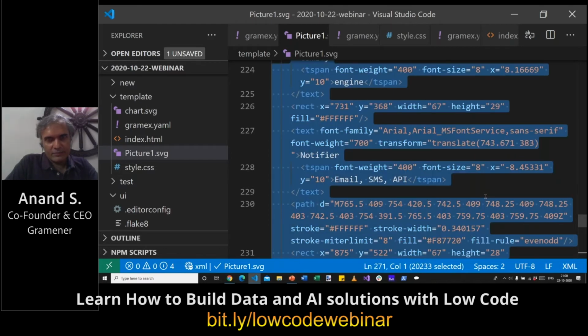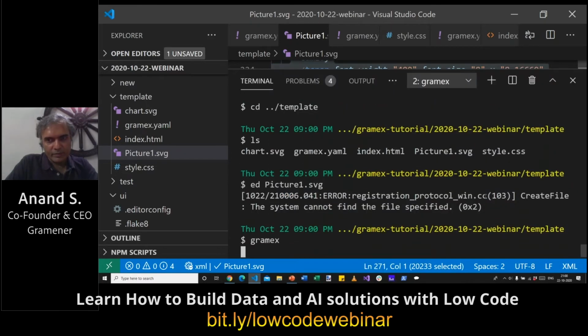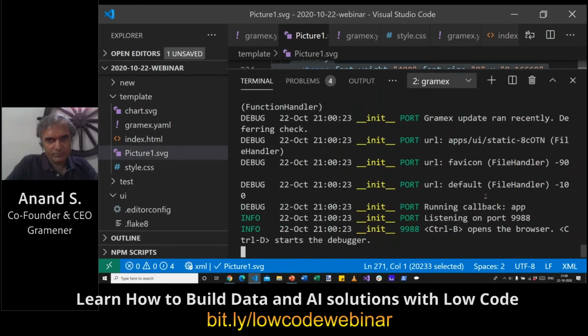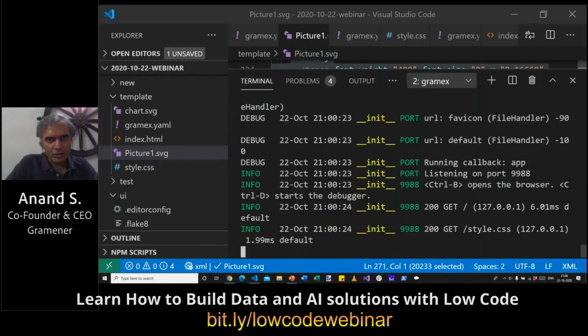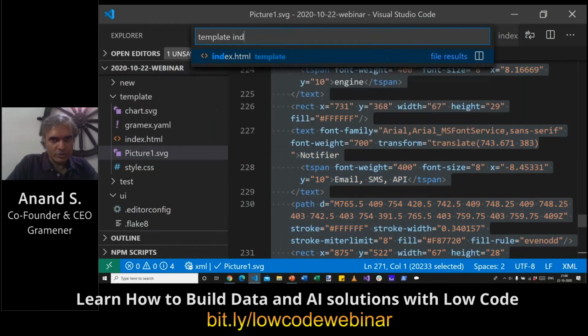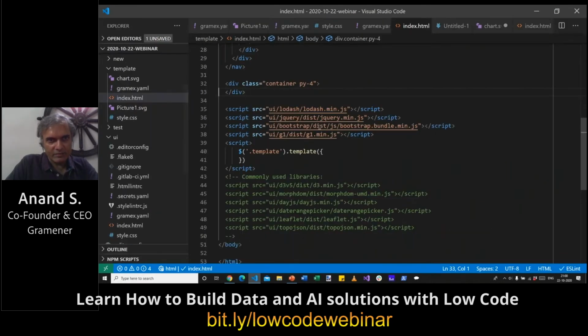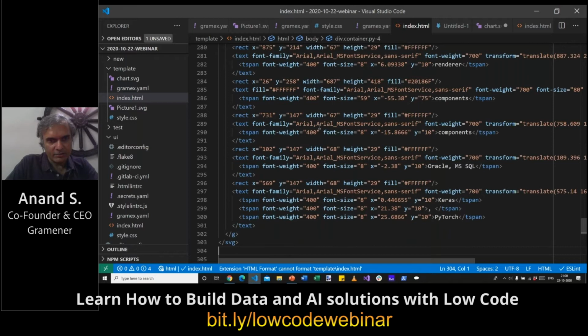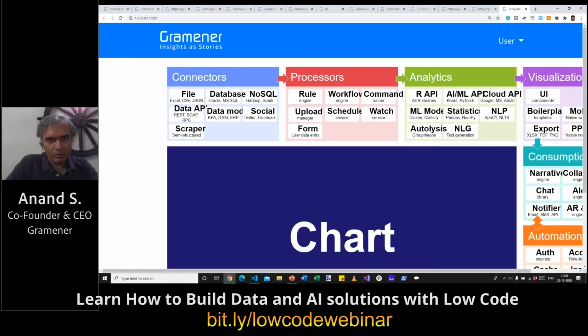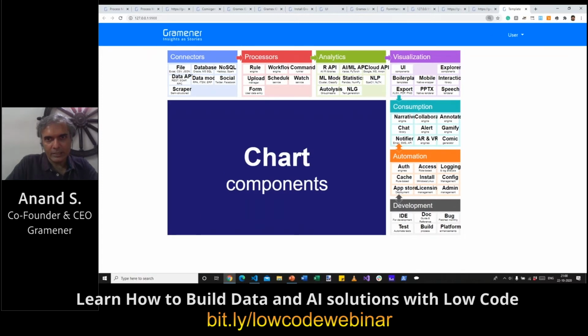So if I take this, let's run Gramex and we'll take a blank page. So this is a document with a blank page, index.html. This is the source. So what I'm going to do is take that entire SVG and insert it in here, which means that I have a static representation now of the slide that I had. And now this is my static chart. Well, technically it's not a chart, it's just an image, right? So there's nothing much that I can do with this image unless I can start mapping content here into data.